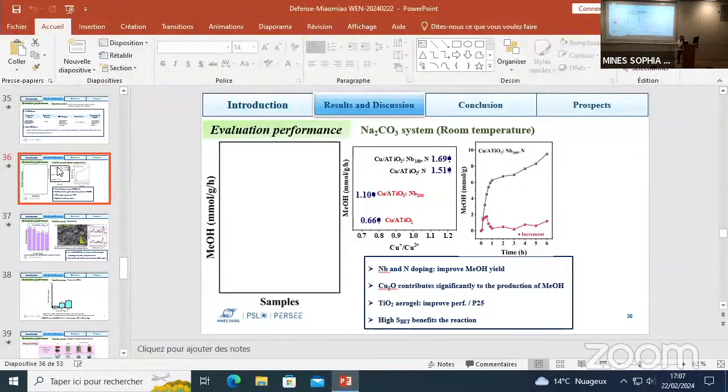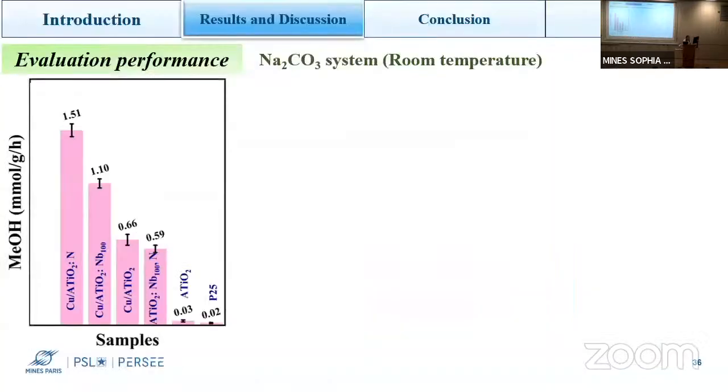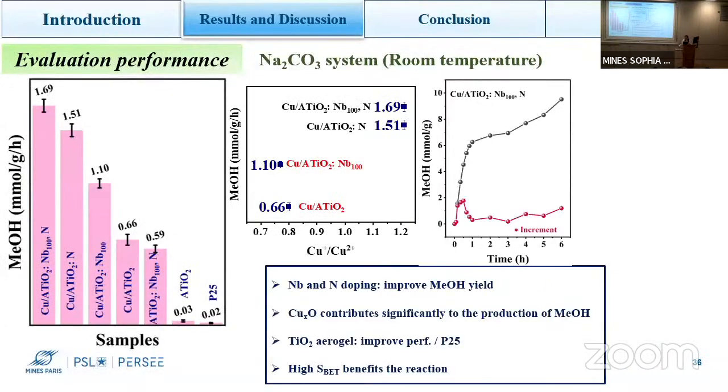Just a question regarding, and it has been underlined by everybody before me. This is a very complex system by itself, and particularly because you add complexity using co-doping, metal, and so on. So it is very, very dense. When we are looking at the slide 36, I guess everybody has pointed out this slide. Alors, for a lazy person like me, I am focusing on the two last columns,